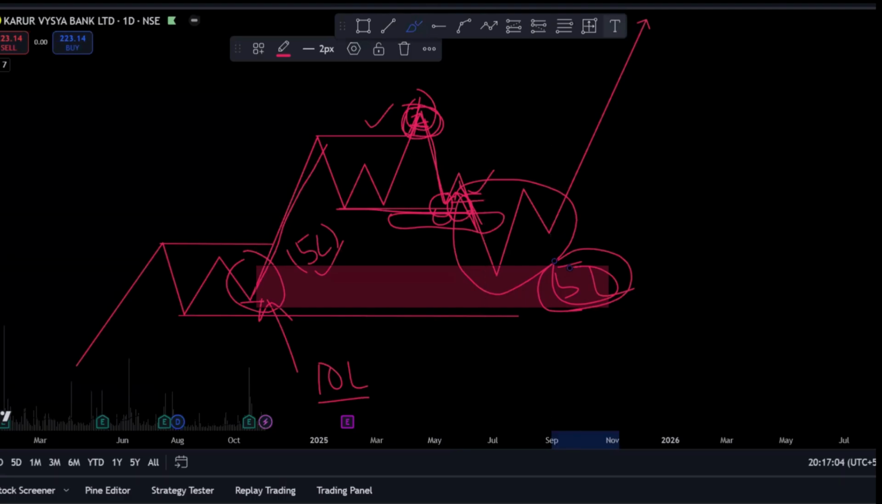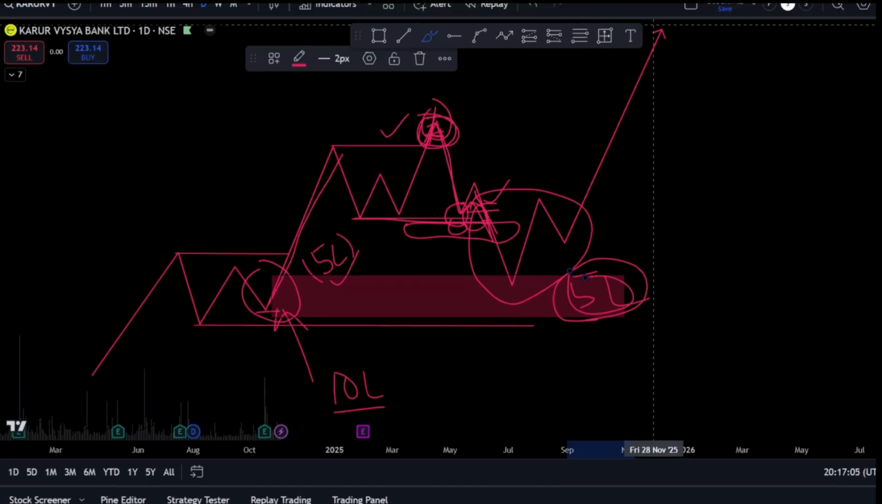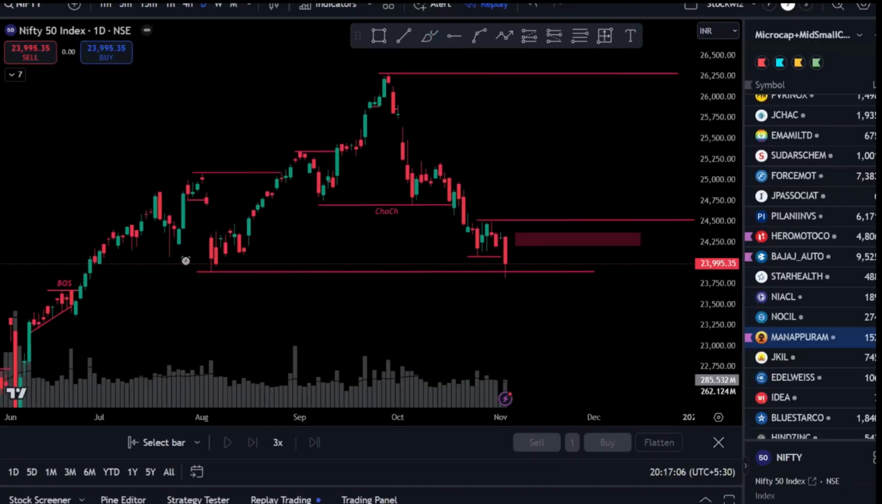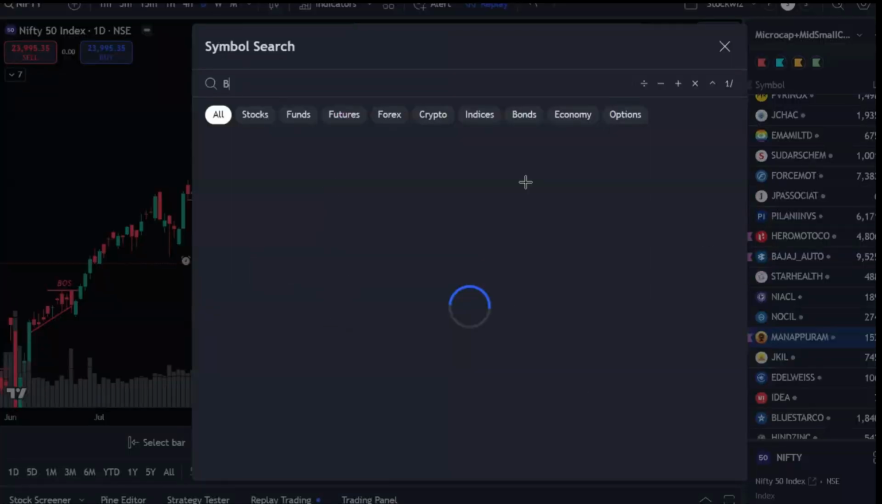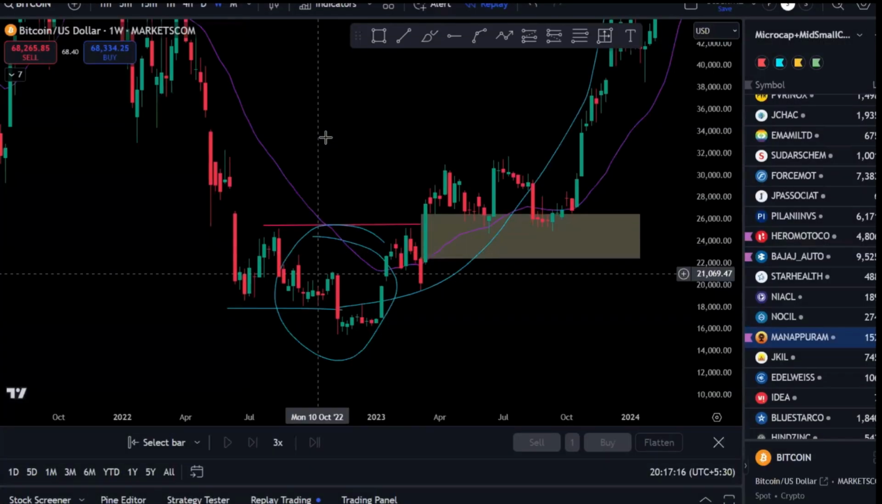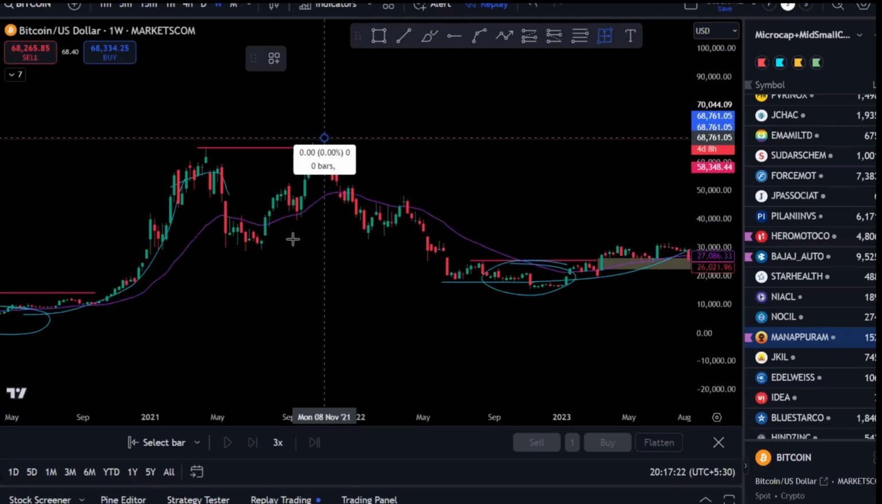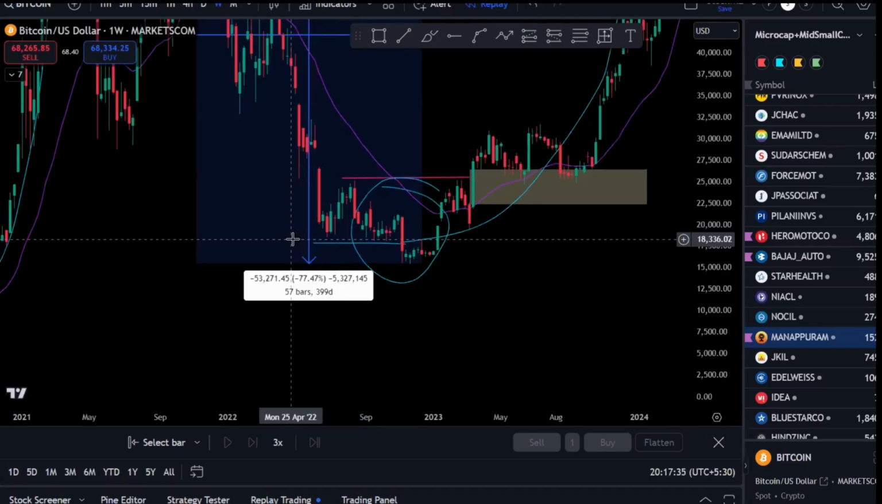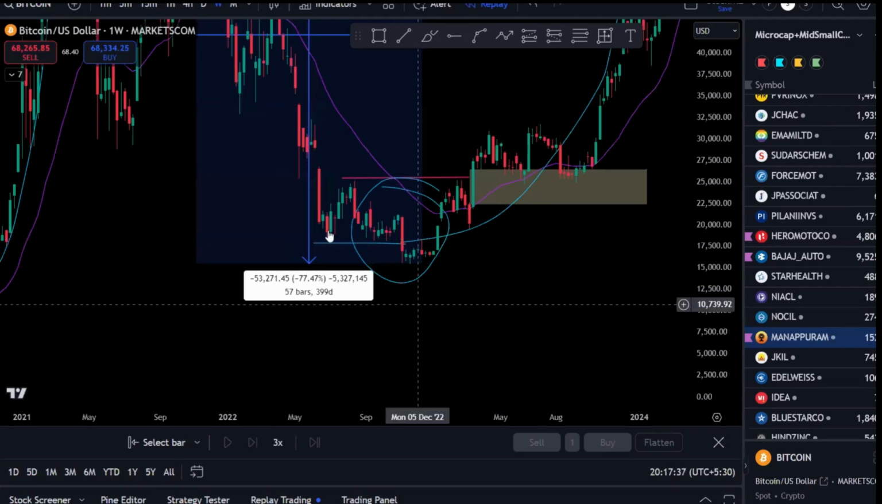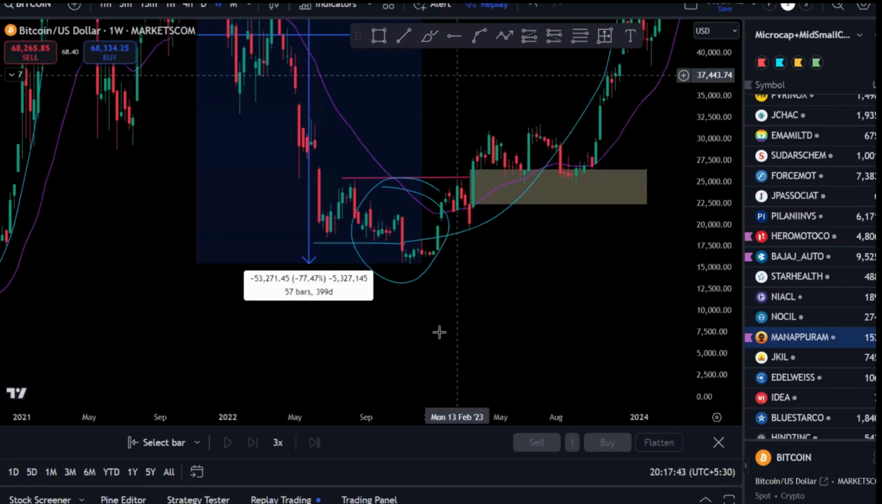Just for example, take the example of Bitcoin. At this point of time, everything is over for Bitcoin when the price came from $60,000 to almost $15,000. What do you all think? Everyone thought that Bitcoin ended, right? What do you all think? Because the price was down almost 78% from the all-time highs. So no one could have imagined that's when